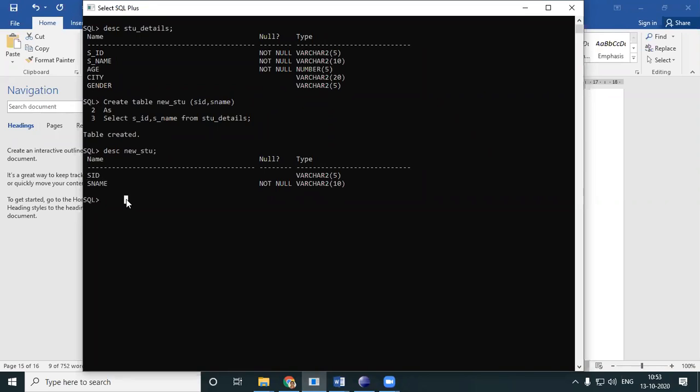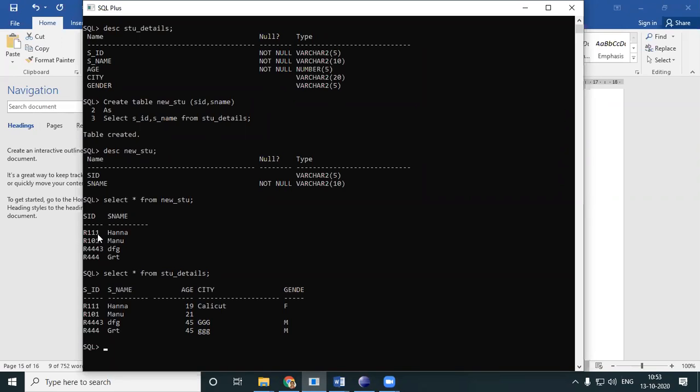Okay, now let's see what is there in the new table. Select star from new_stu. It will have all the details which were already there in my parent table. Let me see my parent table. Select star from stu_details. My parent table, there is no change.